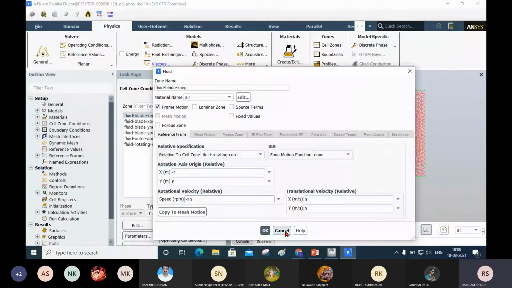This zone is rotating about its own axis, which is 1 meter away from the global origin. So the rotational speed is half that of the outer hub. You have to remember this. That's why I have taken 20 here. Now I will click OK.